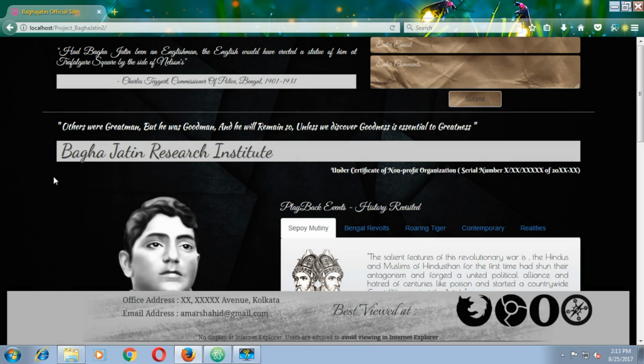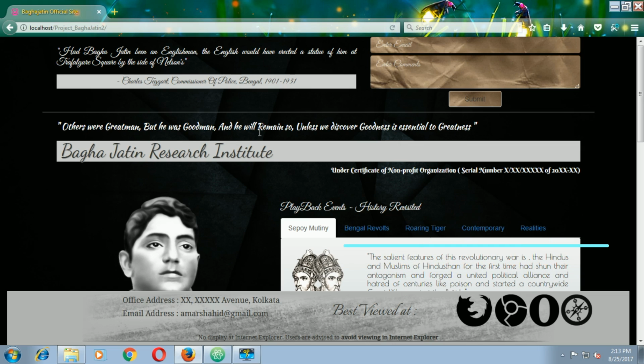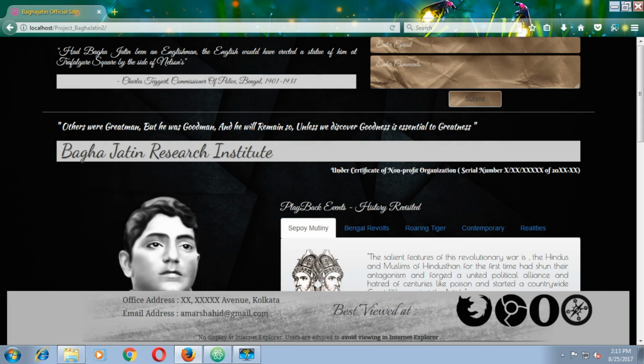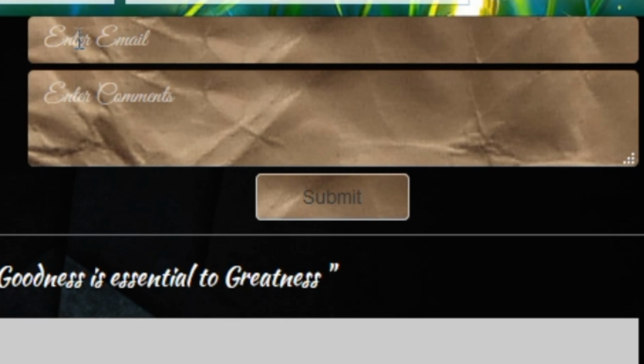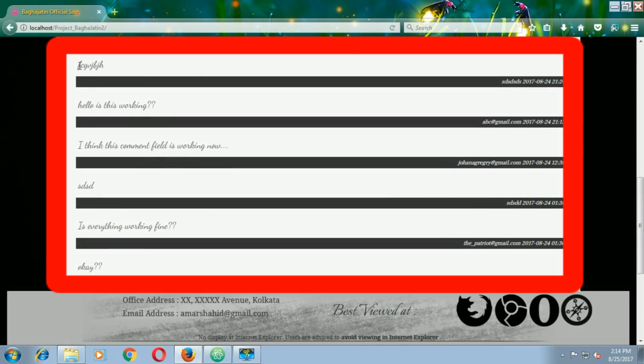Now, if we are looking into this particular site, it is practically a test project that had been done a long time ago. And here you can see there's a lot of changes. First of all, this is a Bootstrap responsive mobile site. And in this site, I have implemented a simple form field that will take input from the users and that will provide this output here down below.